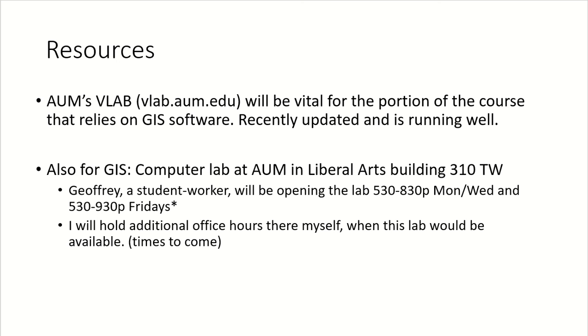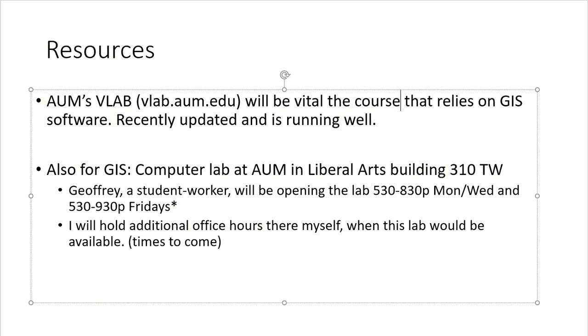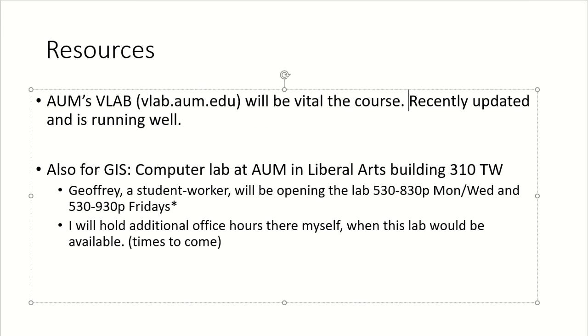In terms of other non-text resources, AUM has a virtual machine application called VLab. The URL is right here. It's really going to be vital. Here, I didn't update my slide. It's going to be vital for the course. Whether we're working in ArcGIS or in ENVI, which is a specialty remote sensing application, you're going to want to use the VLab. It's not something that you can install locally, just given licenses,